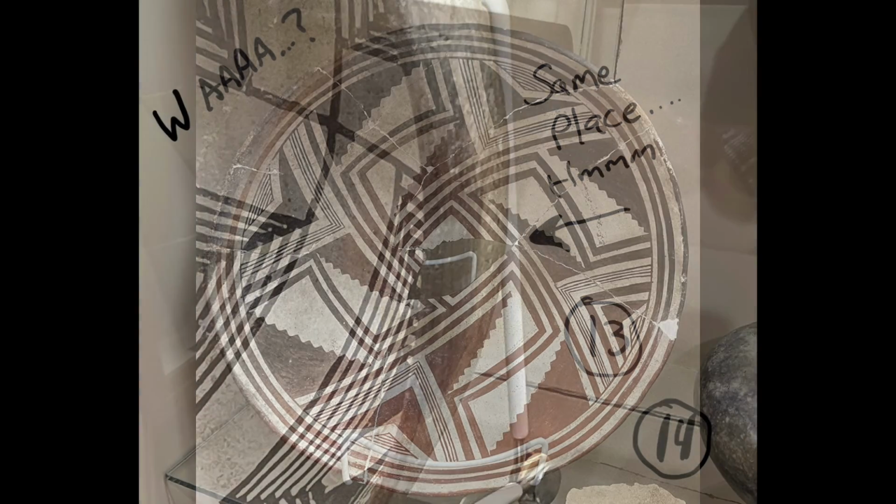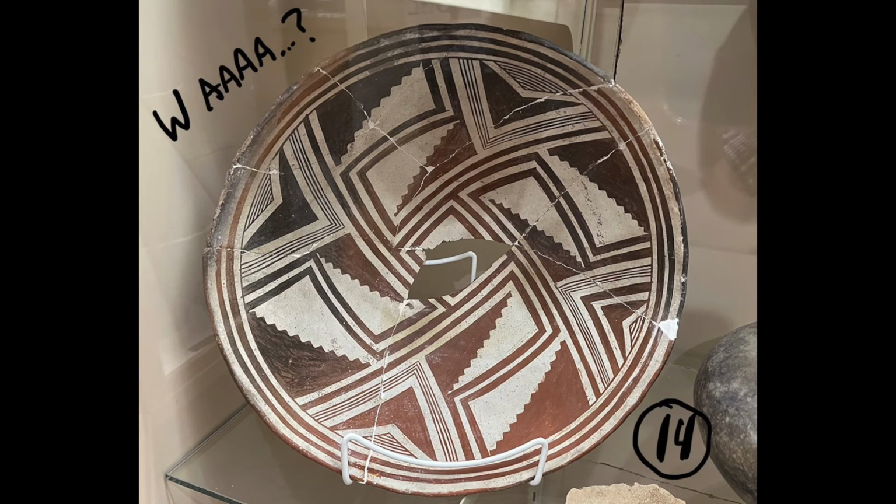Okay. Now this one really is puzzling. You got stuff going on all over the bowl. You got some red, some black, and it's very unpredictable. But what if the white stuff is the cat's meow? What if the white stuff is the contribution? And you're making this bowl and you poured your white stuff into the bowl, which most of you, do you